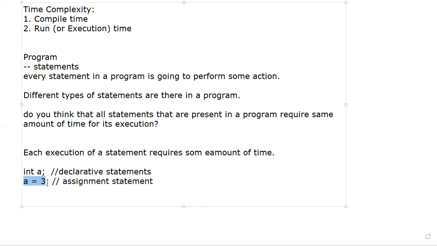So time complexity or execution time means what? All these statements execute one by one, and every statement has some particular amount of time. When you sum up all the individual statements' execution time, you will get the total amount of execution time for your program, isn't it? Is this correct or not? Yes, it is correct. So I will write here,